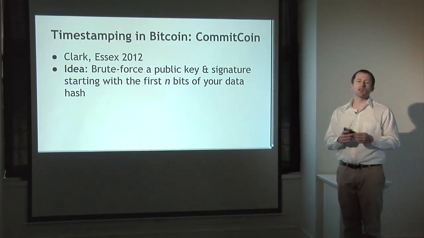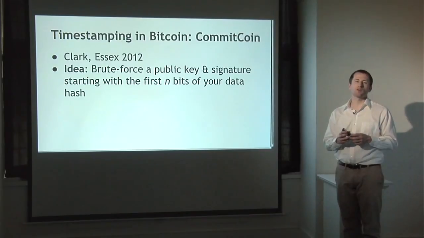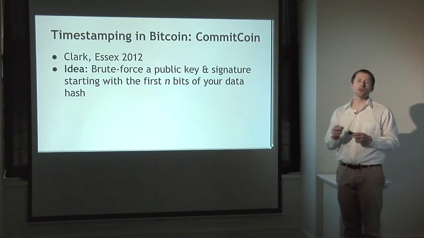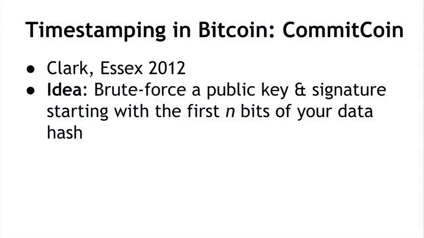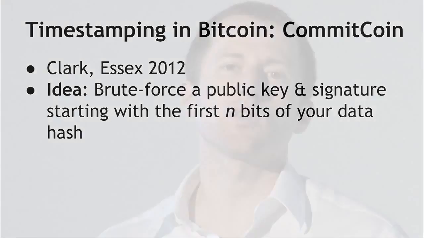So a more sophisticated way to do this is called CommitCoin, and this is a little protocol for finding public keys and signatures that have the data that you want to commit to embedded in the bits of the public key and the signature. So you have to do some brute force work here to find a special public key by simply trying to find a lot of public keys and a lot of signatures so that the bits that you want, the bits that represent the hash of your data, are also the bits of a valid public key. And the advantage of doing this is that it's still compatible